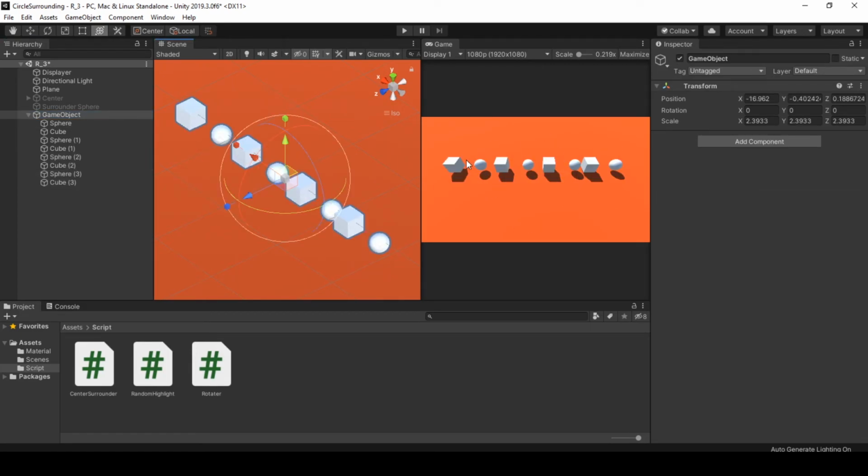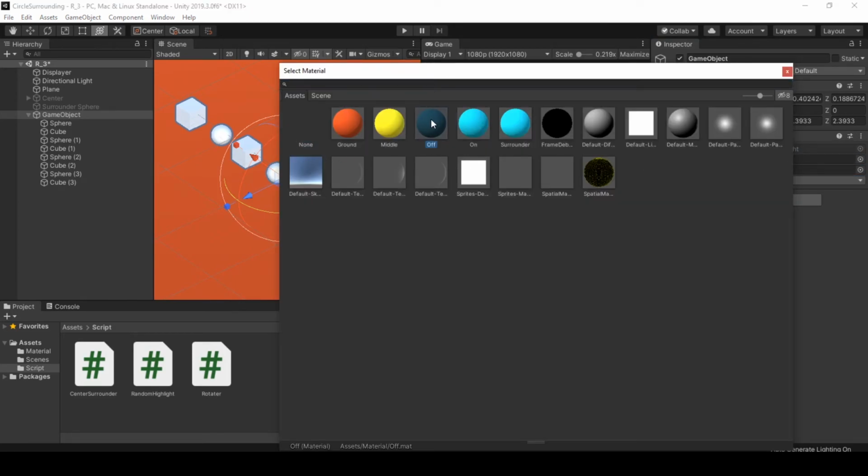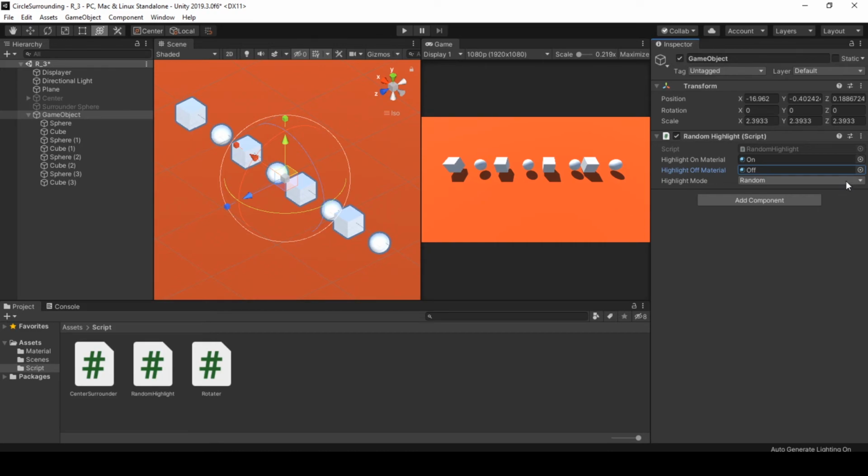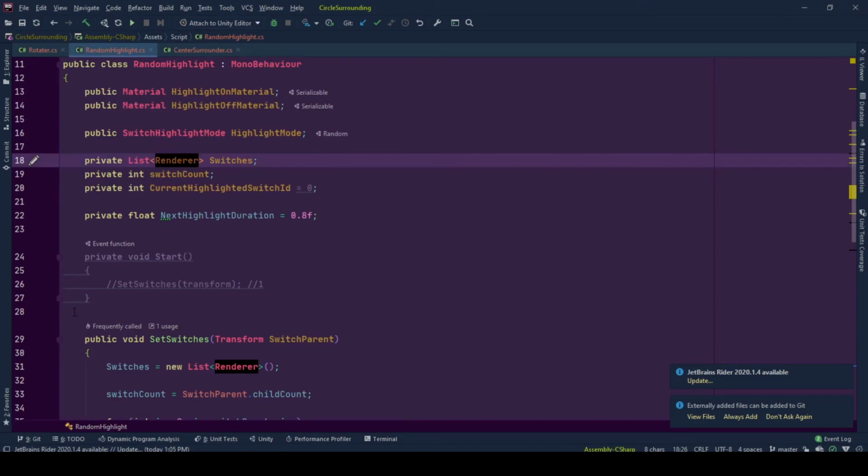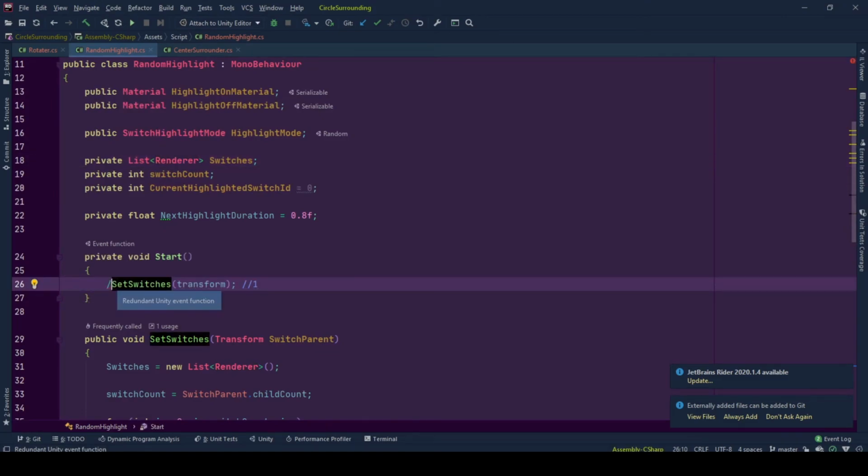Let me put it so that we will be seeing them also in the game scene in a better way. So my parent object is this game object here. I am adding my random highlight behavior to this game object, setting highlight on material as the on material, setting off material as the off material, and highlight mode to be random. When I hit play, nothing will happen because we haven't uncommented this line of code that will start the